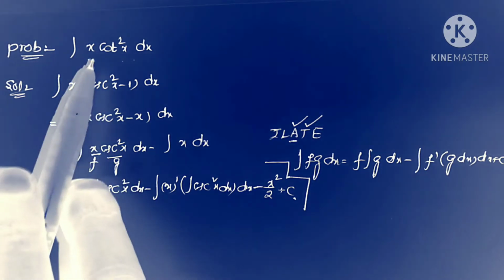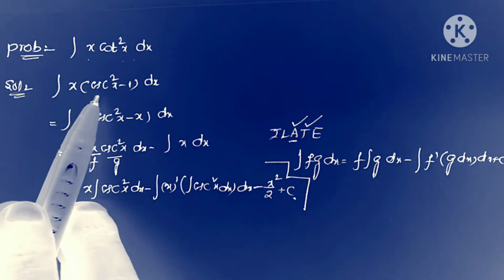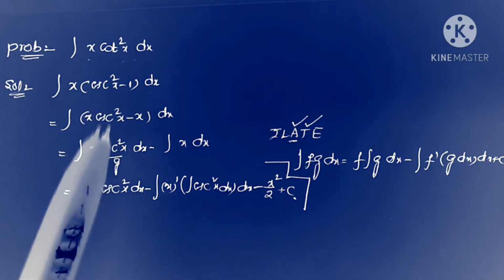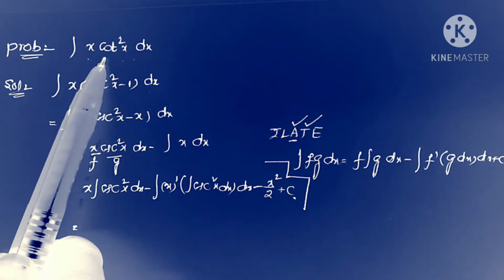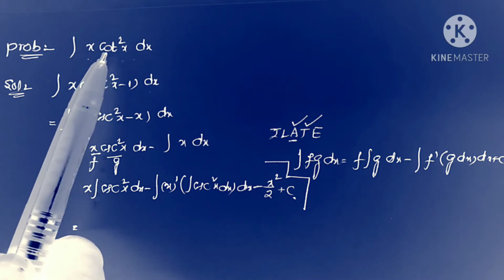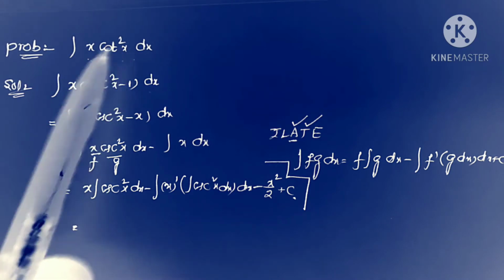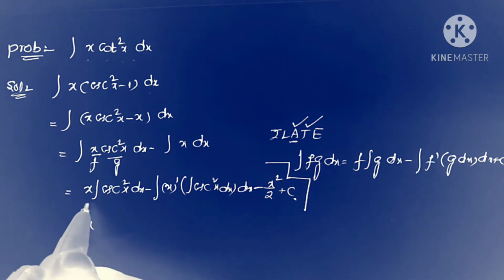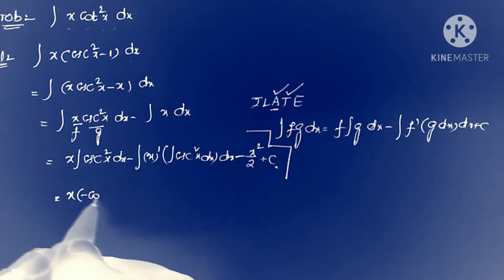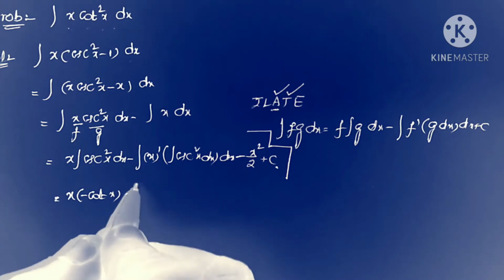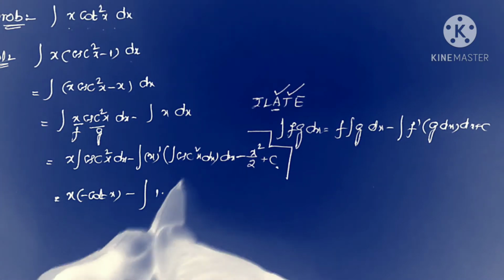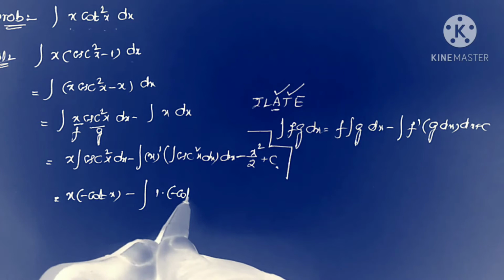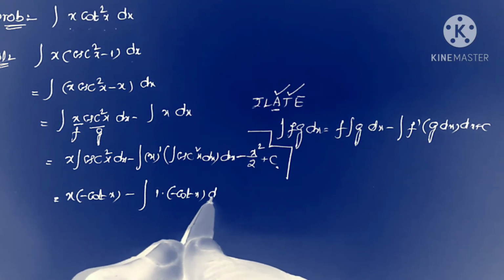We know the integration formula for this term. For that we are converting the value cot square x as cosecant square x minus 1, since we don't know the integration of the term cot square x directly. And this is equals to x into, now what is cosecant square x integration? Minus cot x, minus integral x derivative 1 into cosecant square x, minus cot x into dx